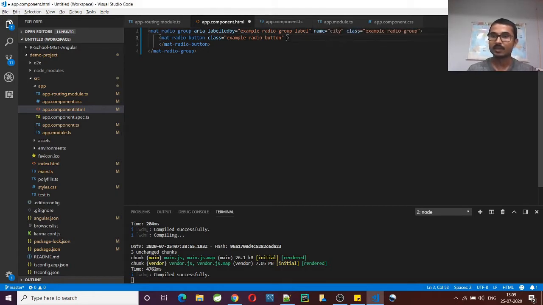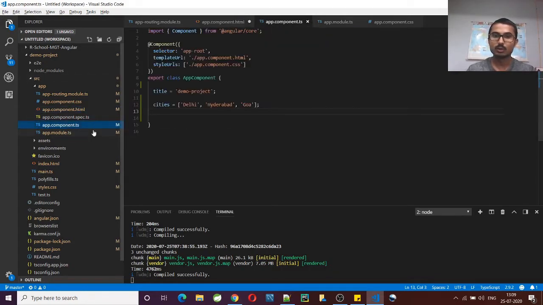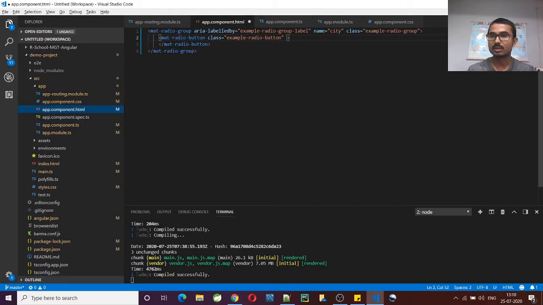Here I have a list of cities, and I don't know the length of this array, so in that case I'll use a structural directive, a for loop, to create the radio buttons. For that I'll use *ngFor, as I discussed in the previous video, equal to, and here we'll declare one variable, city of cities.